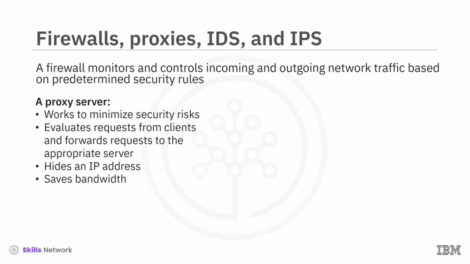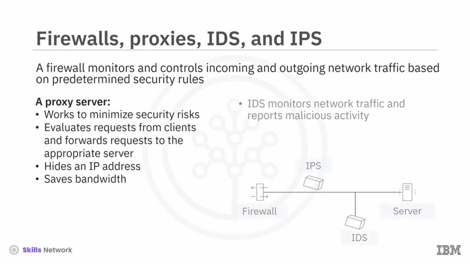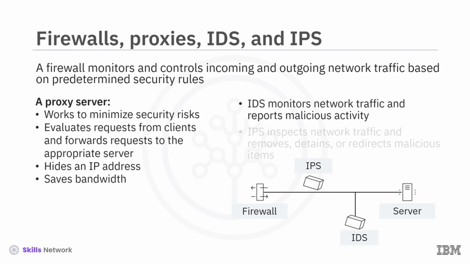Proxy servers save bandwidth. For example, a proxy server will download files or updates for the first user, then keep them stored for any future users who need them. An intrusion detection system, or IDS, monitors network traffic and reports malicious activity to the network administrator. An intrusion prevention system, or IPS, inspects network traffic and removes, detains, or redirects malicious items based on rules set